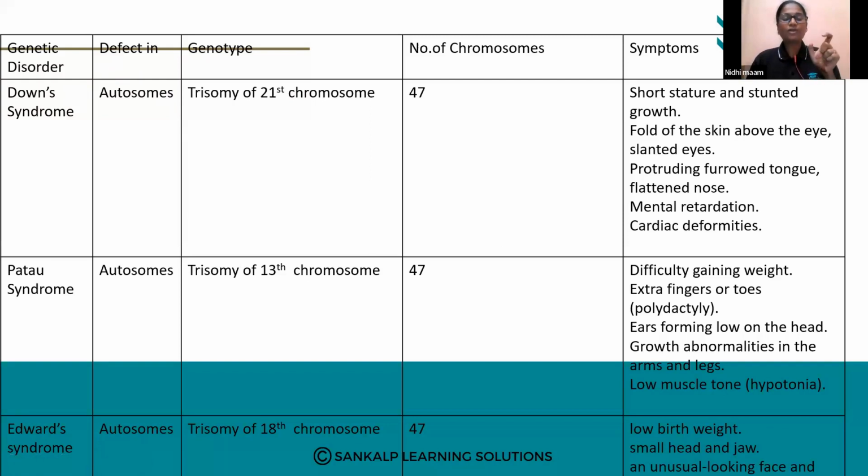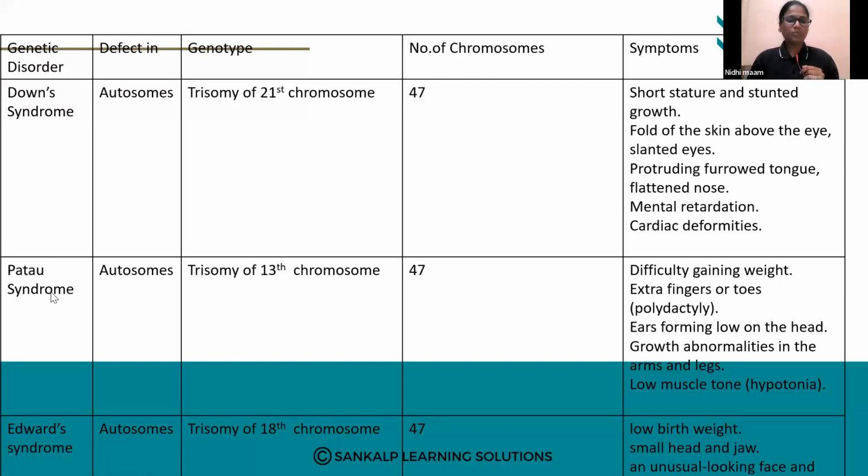The defect is in the autosomes. It is trisomy of the 21st chromosome. An extra chromosome comes in the 21st chromosome. So the total number of chromosomes will be 47 and you have to write the symptoms. Next one,